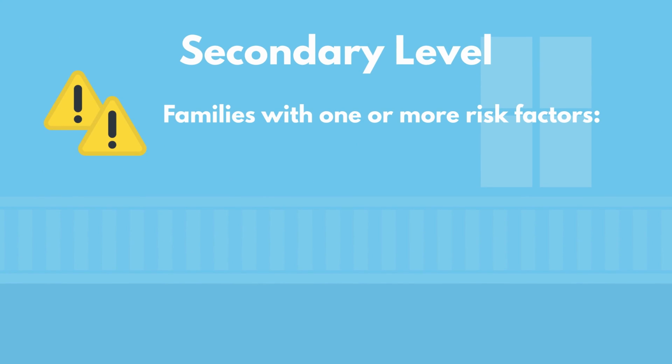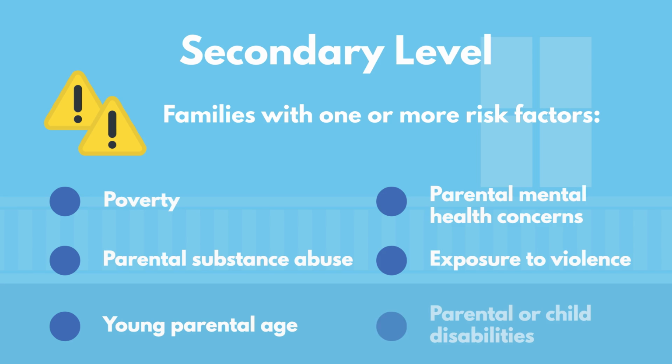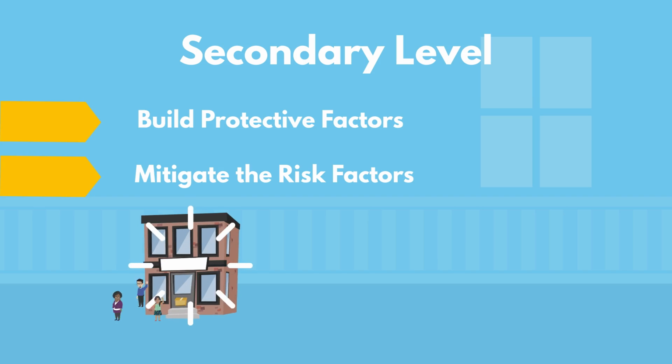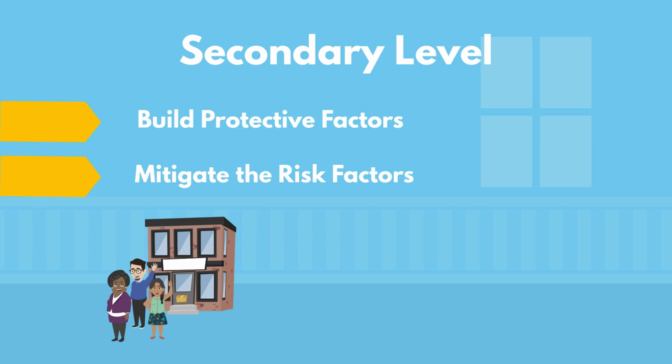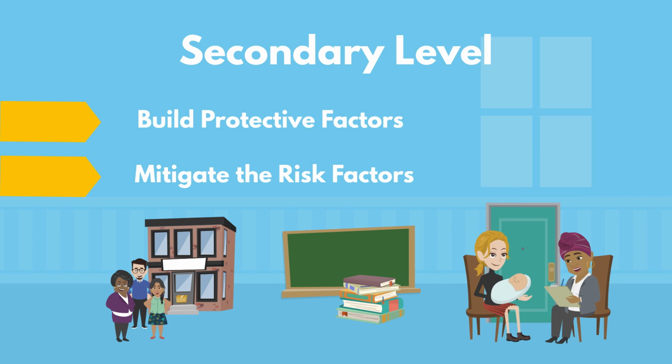The secondary level of prevention is for families with one or more risk factors such as poverty, parental substance abuse, young parental age, parental mental health concerns, exposure to violence, and parental or child disabilities. Strategies and activities offered to families with one or more risk factors associated with compromised well-being or child maltreatment seek to build protective factors and mitigate the risk factors. Some of these strategies include increasing accessibility to family resource centers that offer information and referral services to families living in low-income areas, offering parent education programs in strategic locations, and providing home visiting programs that support and assist expecting